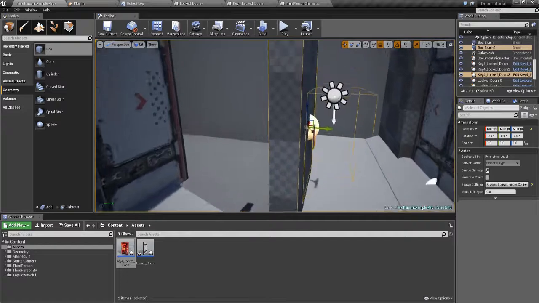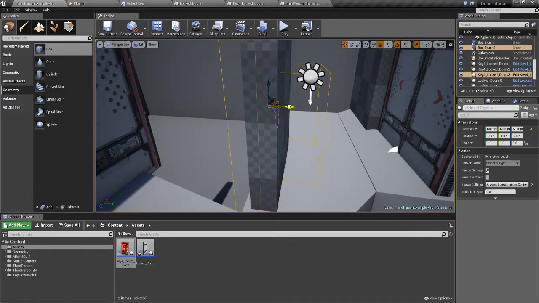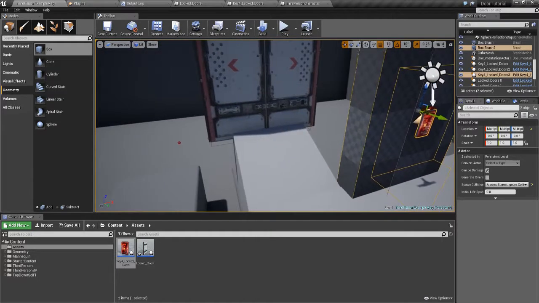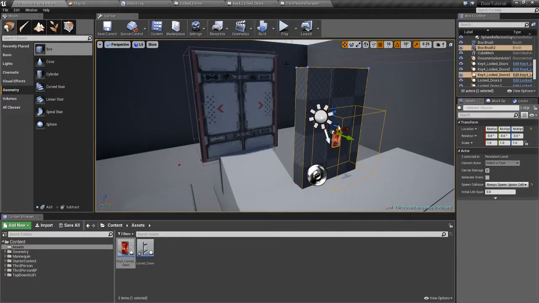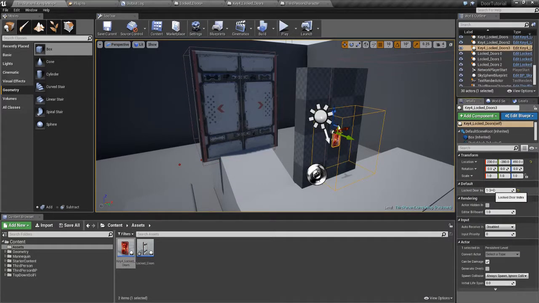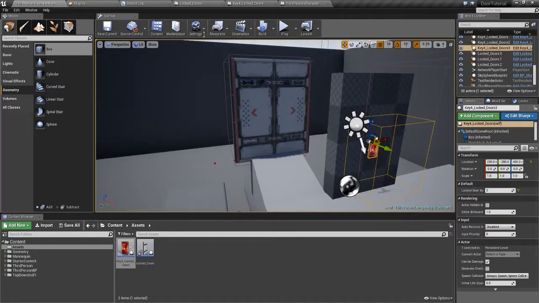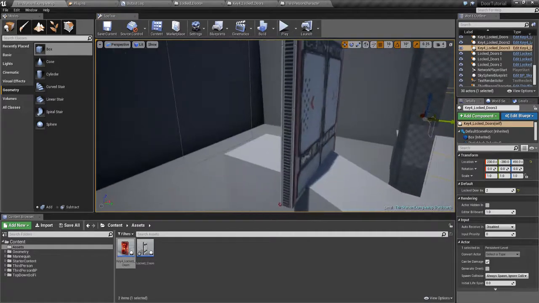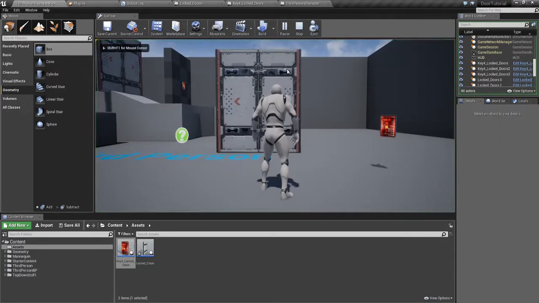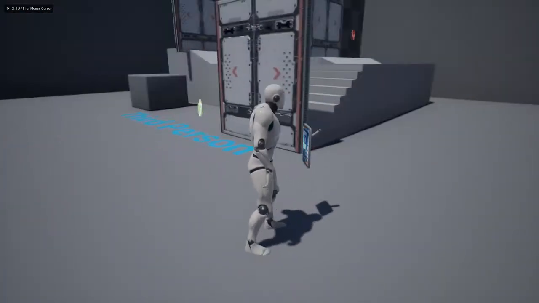And this is also a good way to put your keys and your doors in very different spots in the level, because they interact with each other. So in this one, this is door 2. So we want this to interact with door 2. And just like that, we have a whole new door set up, and we didn't have to do any work but duplicate. So we come back out here, I'm going to full screen this, and we interact with this door,